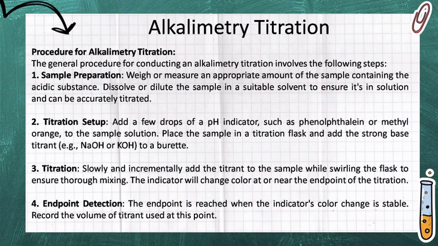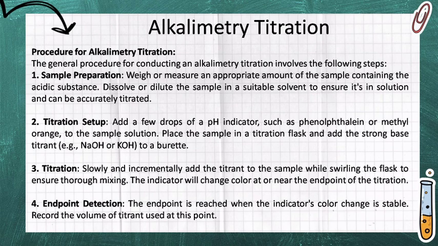Procedure for alkalimetry titration. The general procedure for conducting an alkalimetry titration involves the following steps. First, sample preparation. Weigh or measure an appropriate amount of the sample containing the acidic substance. Dissolve or dilute the sample in a suitable solvent to ensure it's in solution and can be accurately titrated. Second, titration setup. Add a few drops of a pH indicator, such as phenolphthalein or methyl orange, to the sample solution. Place the sample in a titration flask and add the strong base titrant, example, NaOH or KOH, to a